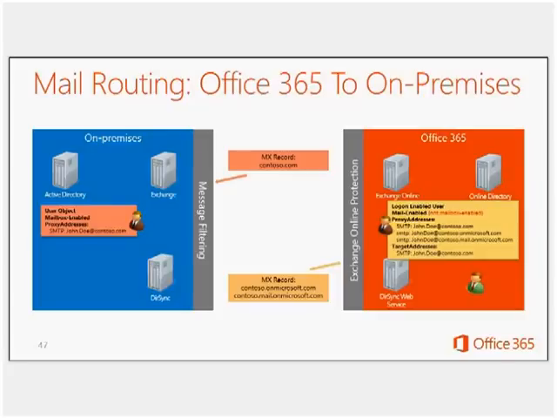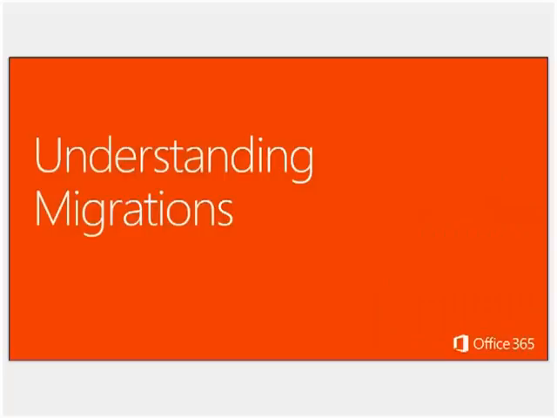Now, if you're someone who is online with Office 365 and you're sending an email to someone who is maybe online, maybe not, it asks for that SMTP, finds the target address, sends it out of Office 365, down through the MX record to your Exchange server, lands in that user's mailbox. So it doesn't go backwards down through, it does it all the way out and then continues through your MX record and goes through. To that person, it looks like an email coming in from the SMTP address they would